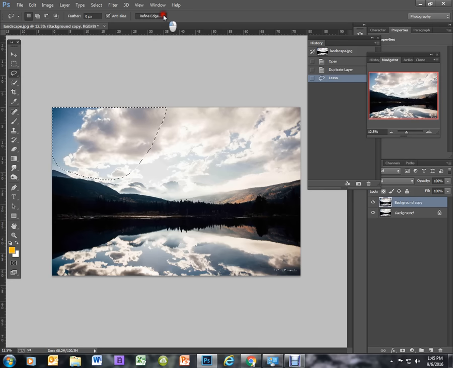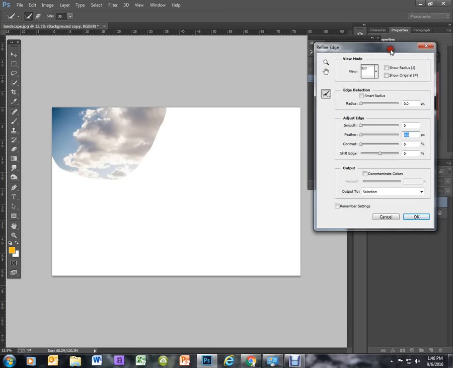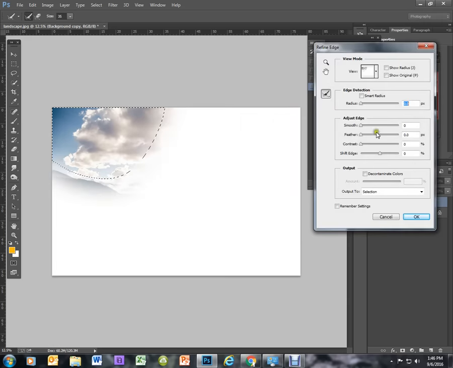I need to come up here to Refine Edge, okay? Refine Edge is along the horizontal toolbar, and it brings up my Refine Edge options, and I want to go to Feather, which is right here, and I'm going to type in 250. So look what happens when I do that. When I type in 250, you'll notice that the image over here really just gradually blends until it completely disappears